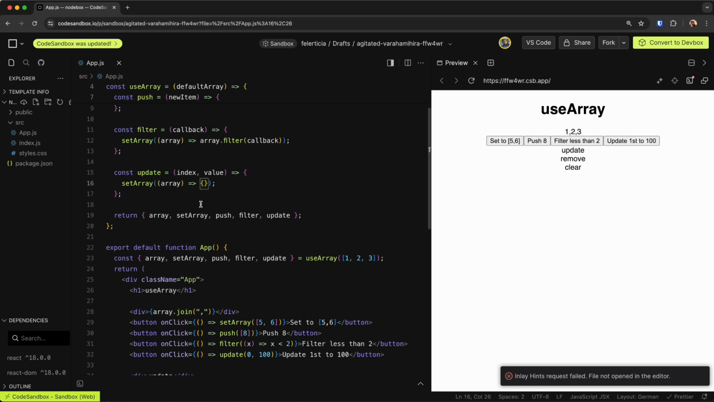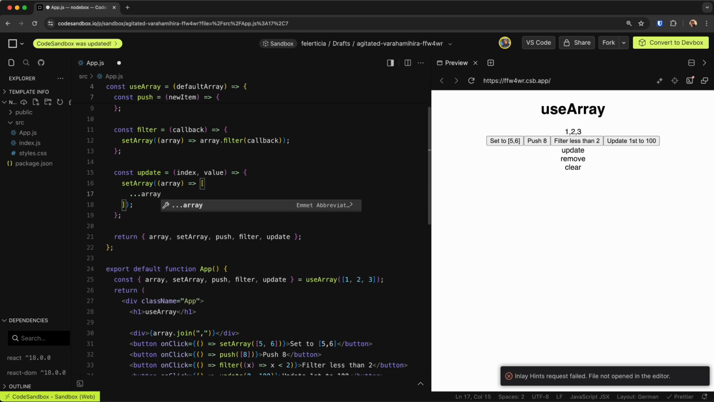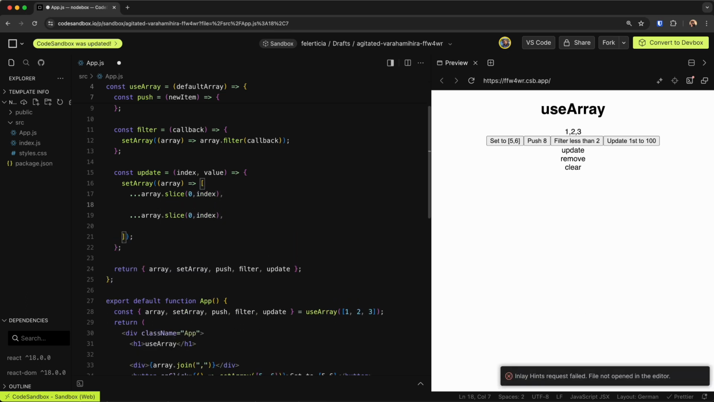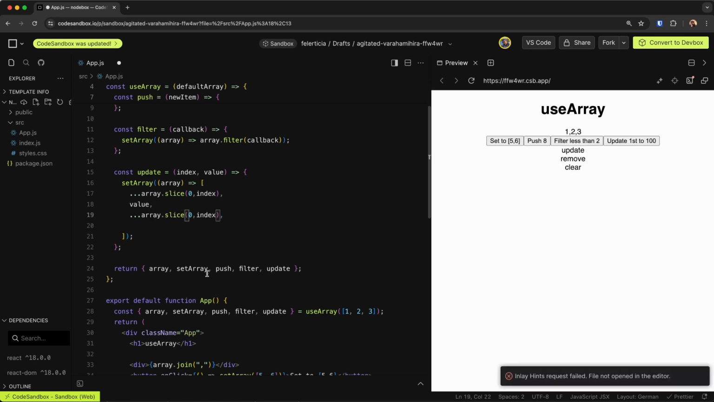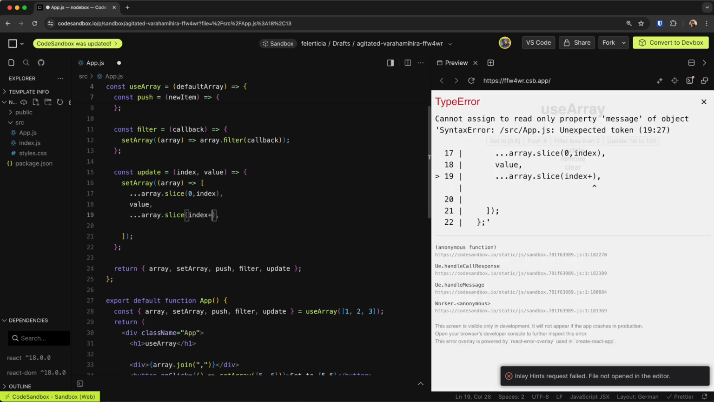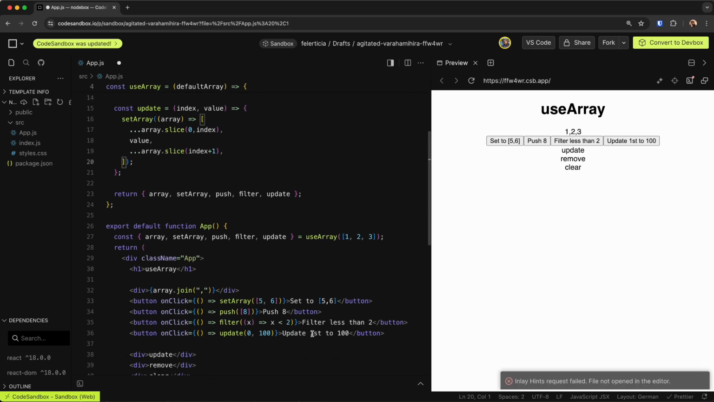Okay. So here, the thing that we return is an array of 3 items. First, the array slice from 0 to index, then the new value, and then the array slice from index plus 1 to the end of the array. Okay, so let's go here and say the second and 1. Okay,